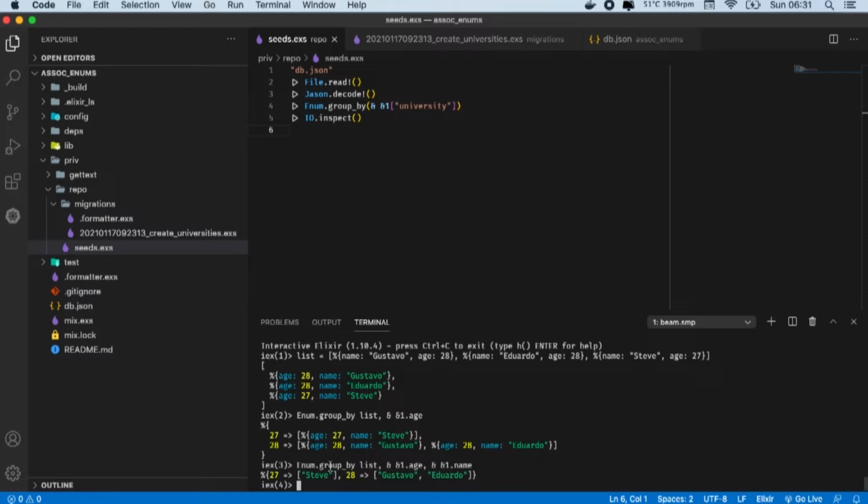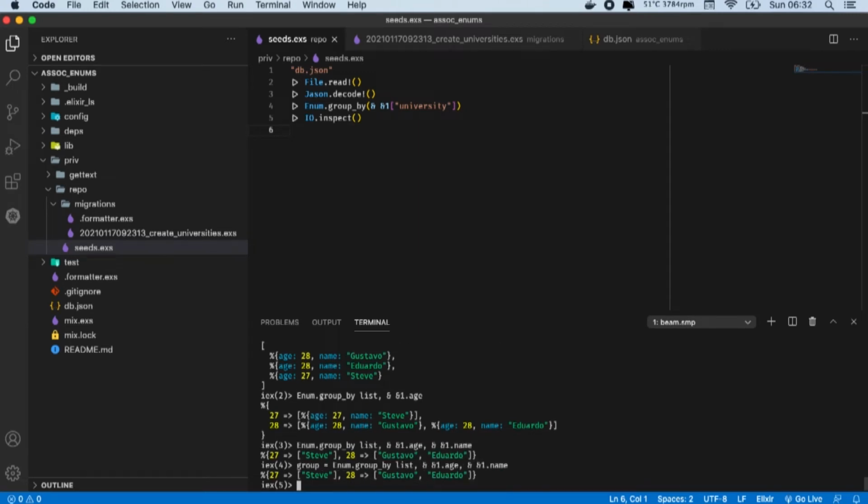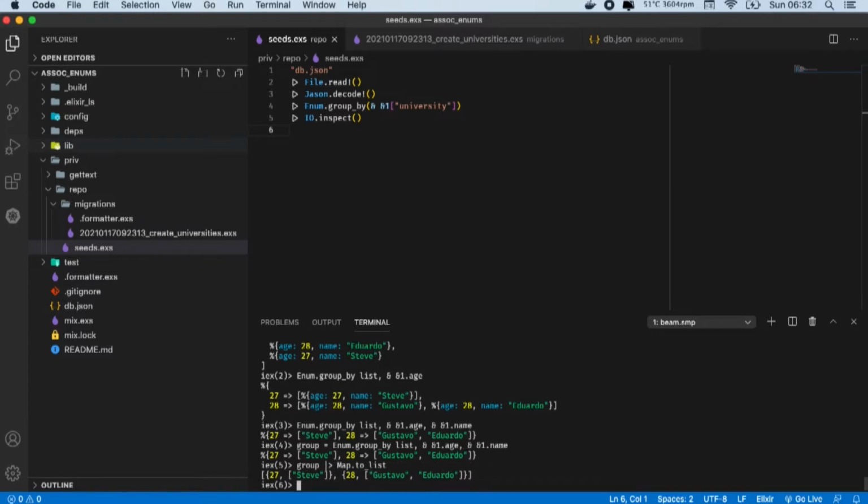Other things that you can do is, after you manipulate this group, you can use in this example like Map.to_list. And now you can see you have some kind of data in a tuple. This is enough for us to start building our script. So in this case, you have the Enum.group_by, and every time when you build the script, I want to delete